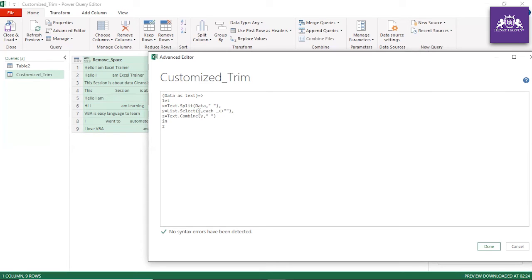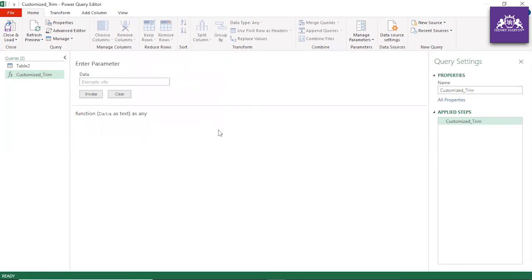If you look at the List.Select argument, you will have this each underscore not equal to blank. Whatever value you want to put, if you have some scenario like greater than 5 or greater than 10, you can write it this way also. All right, let me do Control Z, and now after you get everything, then you have to combine. After we combine, everything is stored in z. All right, now let me click Done, and the function is written.